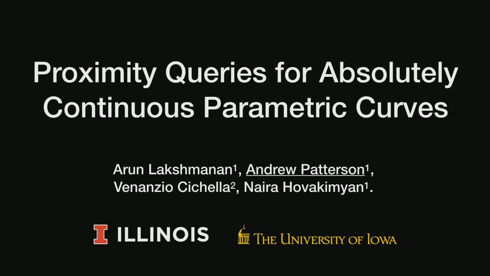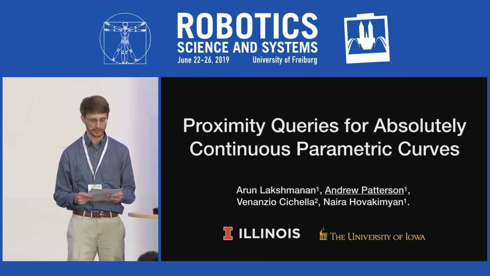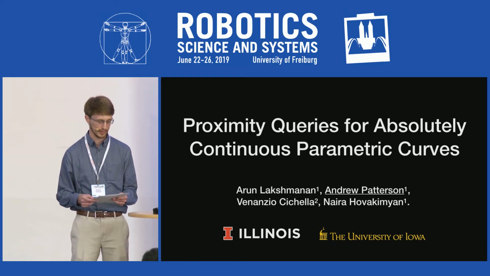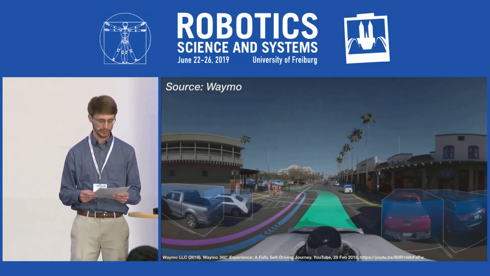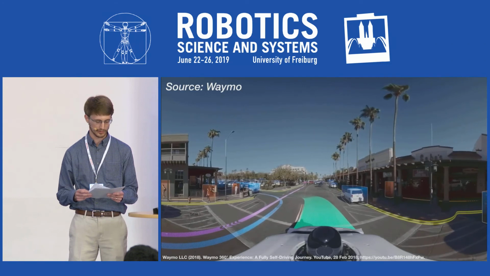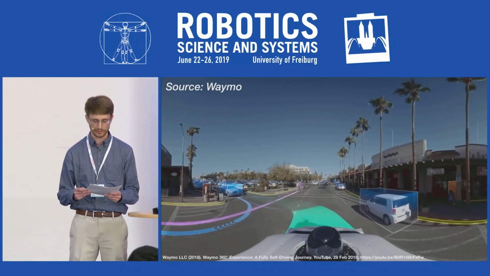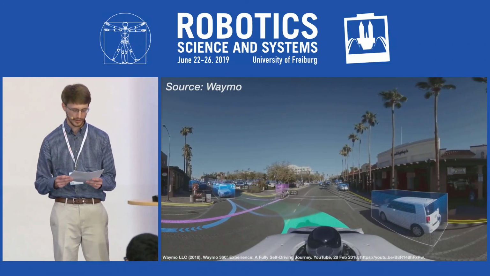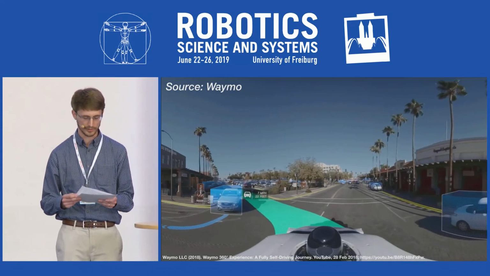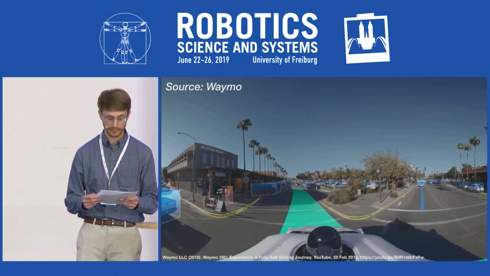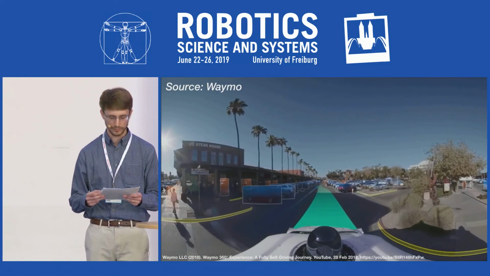Hello, I am Andrew Patterson from the University of Illinois at Urbana-Champaign, and today I will be talking about proximity queries for absolutely continuous parametric curves. In motion planning problems for autonomous robots, such as self-driving cars, the robot must ensure that its planned trajectory is not in close proximity to obstacles in the environment. However, evaluating proximity in general is non-convex and